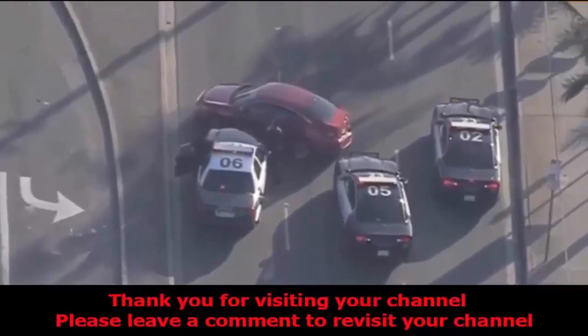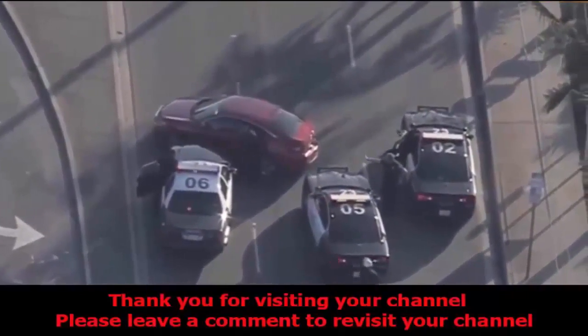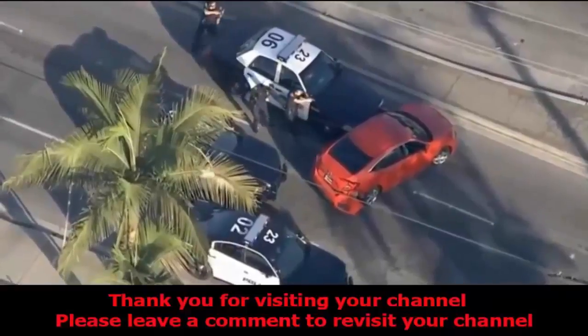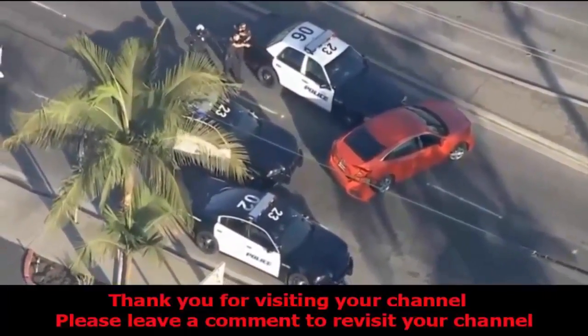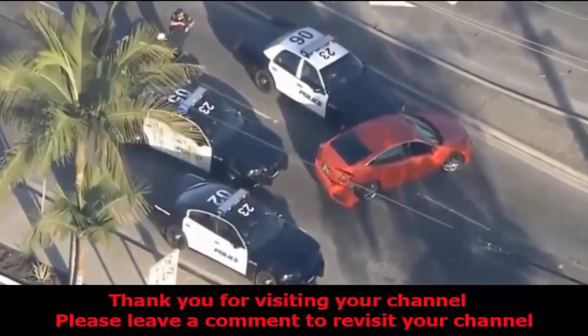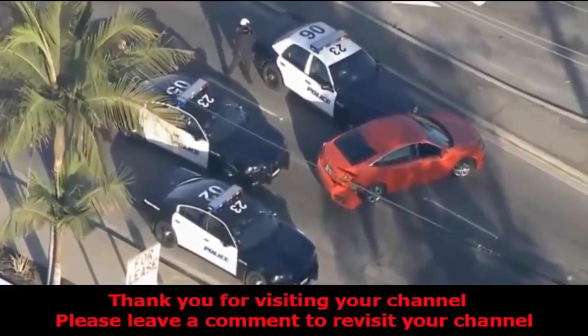Slauson, you saw him turn right on Slauson from northbound on Norwalk here. And so now they were authorized to pit this guy just moments before while they were northbound on Norwalk Boulevard here. And now they pitted the guy, and now at gunpoint they are ordering this guy to come out of the vehicle here. Now how this is going to play out, we will see over the course of the next several seconds here. But again, they just pitted the guy as he was completing a right-hand turn eastbound onto Slauson